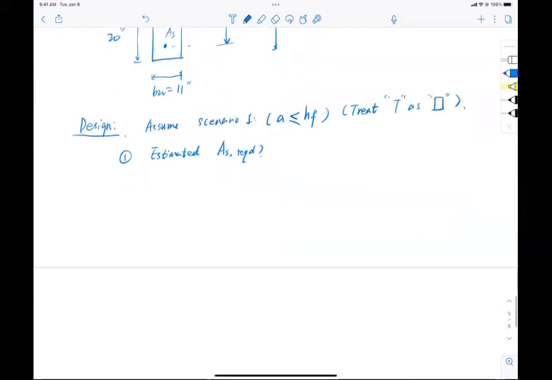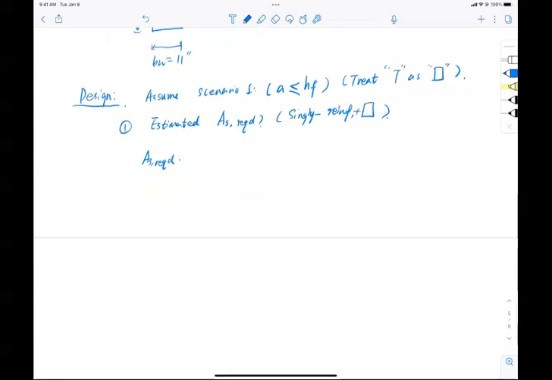Okay, so to estimate AS required, you again assume several things, right? AS required by the singly reinforced rectangular section, okay? I'm just simplifying it. So assume that, and this AS required equal to Mu divided by phi and Fy, and